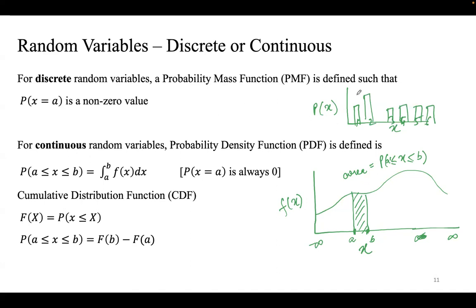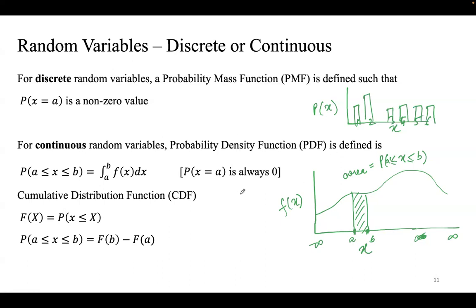In the case of a probability mass function, the y-axis is directly your probability. So when you have a particular value of x, you have a corresponding value of probability, so you can just use it directly, right? The probability of x for a particular discrete value is generally a non-zero number, unless you've actually said that event is impossible. So let's say a dice has, in this case, two faces which have 2 written on it, and there's no face with a 3. But you have explicitly mentioned that for this element it's not there. Otherwise these values are non-zero.